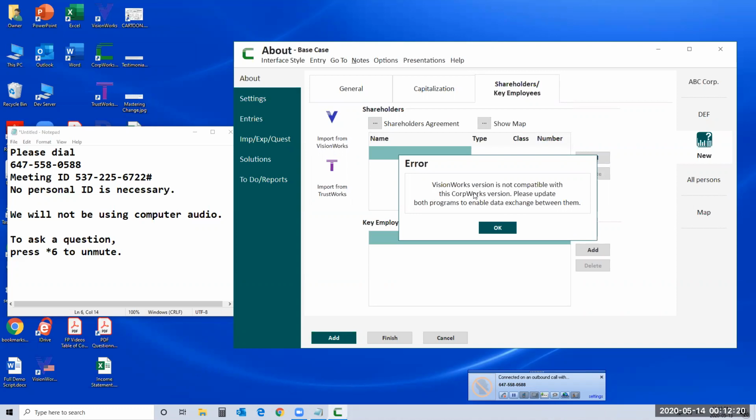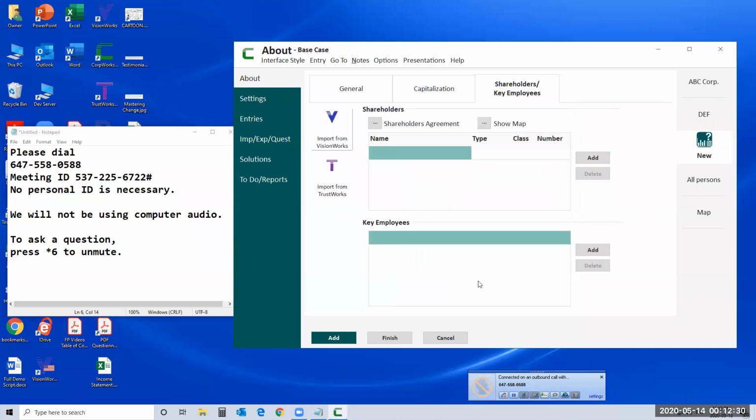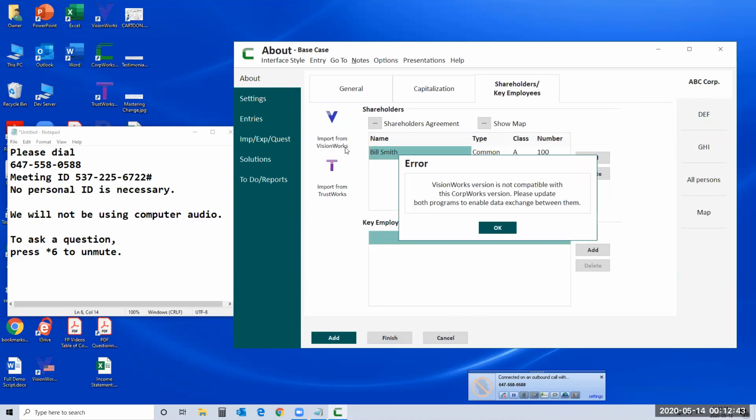So I had a version of VisionWorks this morning that I needed to test. So that was the latest version, but I didn't need to test CorpWorks. So these aren't compatible. So what I'm going to do is I'm just going to click Finish for a moment, and then I'm going to go to ABC, click Edit, and you can see now that I could click, sorry,